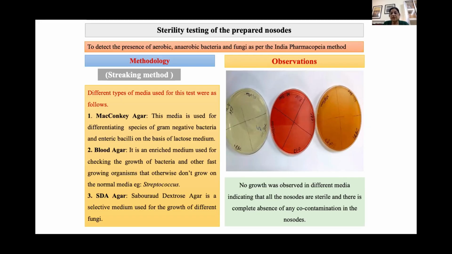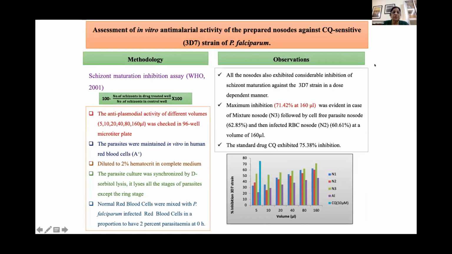So which showed that there is no contamination in the nosodes. Then we went on with studying the in vitro antimalarial efficacy, which we do by the standard method of schizont maturation inhibition assay, where we culture these parasites in the presence of different volumes of these nosodes. And this we then checked, and we found that when we add these nosodes to the growing parasite, then it